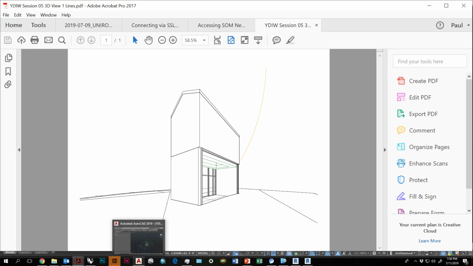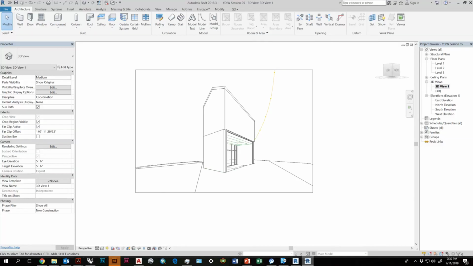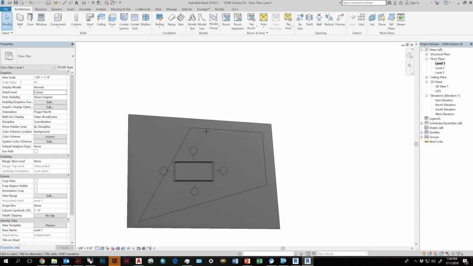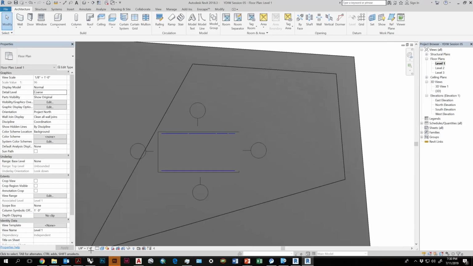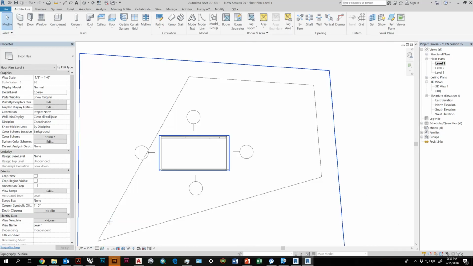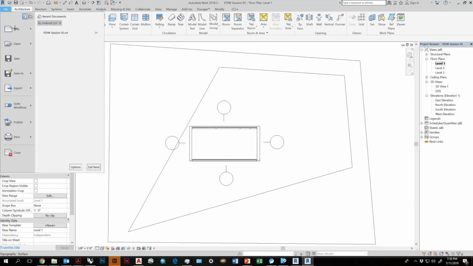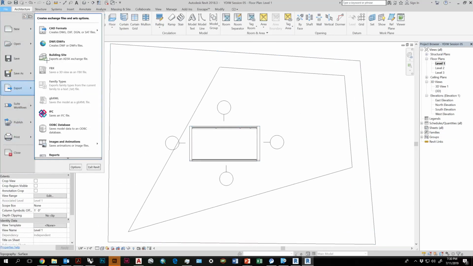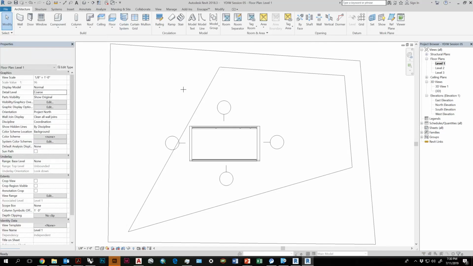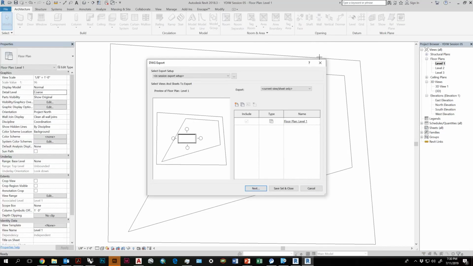Now, you can do this in any of your plan views, right? So if you exported the drawing in plan, which you can do, it will export the plan view of that drawing that you can then modify in AutoCAD. So let's switch back to hidden line. It's pretty here. So file, export, CAD formats, DWG, right? Same process, it'll export the line work there.